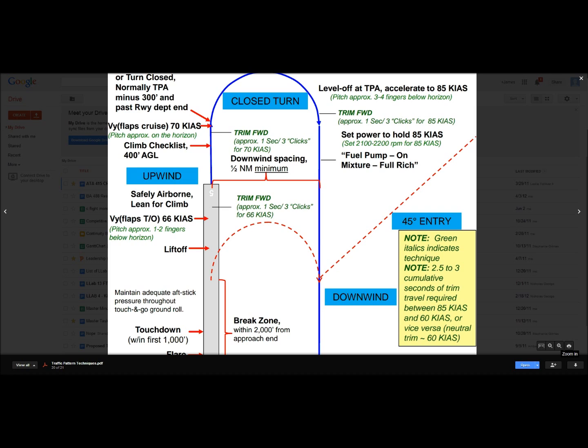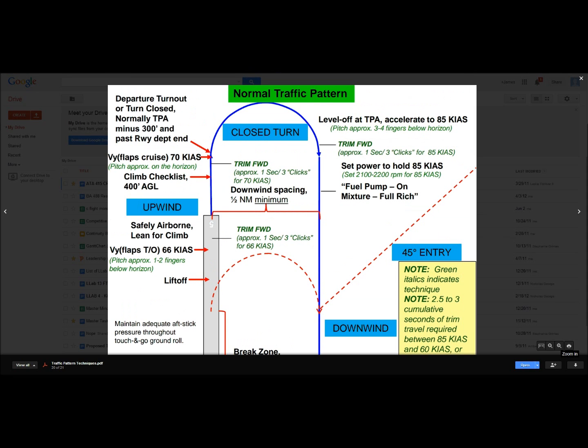to get your aircraft to the most stable position. After you level off, or you start leveling off, and with your cruise setting, in-game I use 80% thrust. Actually, a lot of aircraft use about 80% thrust as their main cruise. It's efficient and still gets you there pretty quick. But anyway, right at the tip there, it says at the top the departure turnout or the turn closed. Yeah, that's basically at that point there